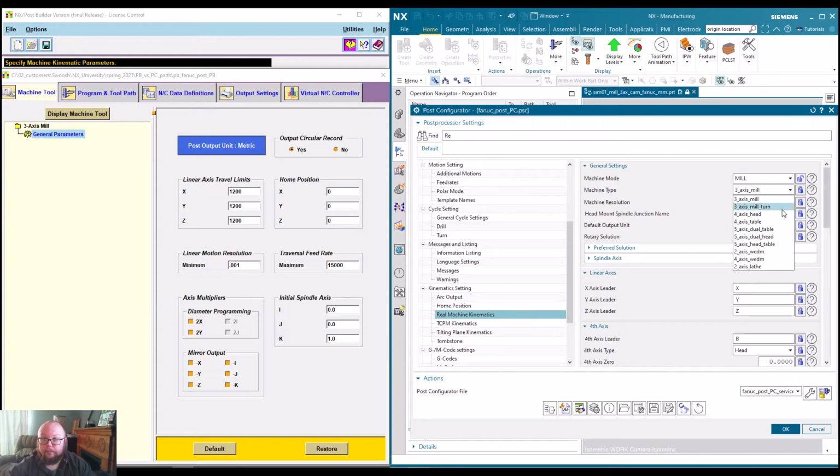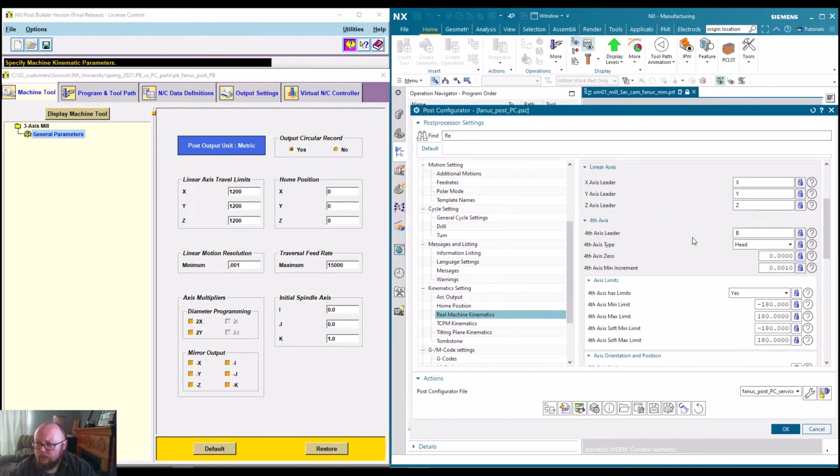So, the difference between Post Builder and Post Configurator: you can change your machine types after the post has been created. In Post Builder, you could not do that, or I should say, you cannot do that easily. You could write custom commands to go in and change some variables about what machine types you're running, but not an easy way to do it. Here, anytime you can change and say, yep, let's create this as a 4-axis with a rotating head instead of a 3-axis machine. You can change it at any point in